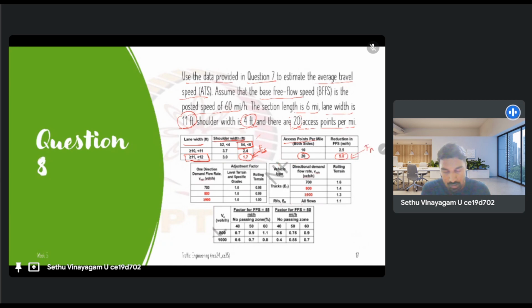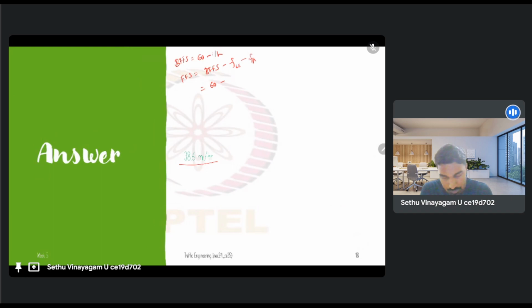So we can calculate the free flow speed. It is minus 1.7 minus 5, so that gives you 53.3 miles per hour as your free flow speed estimate. So this is one part. Next, we have to go for the demand adjustment, similar to what we did for PTSF. Next is demand adjustment